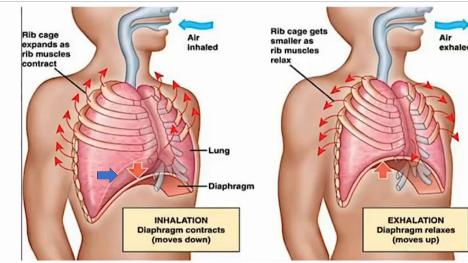Now the question comes, why is it called active? So here you can see that the diaphragm contracts and rib cage expands, rib muscles contract, meaning two muscles are getting contracted, so it is an active process. Now due to the contraction, the external intercostal muscles just pull the rib cage upward. Right now due to that there is a pressure decrease inside the lungs.